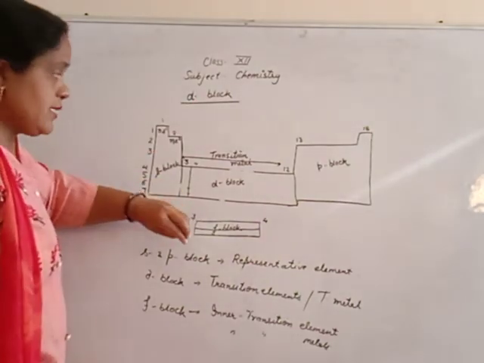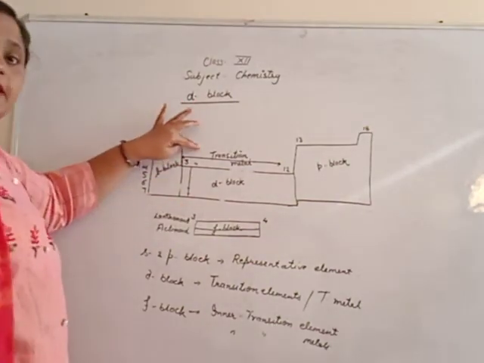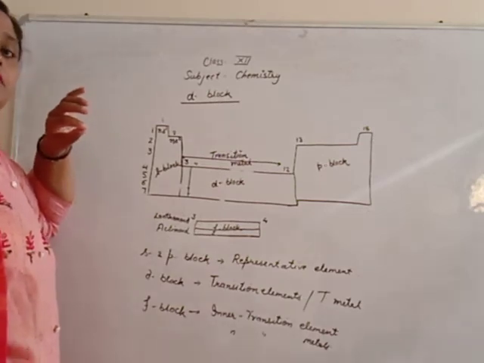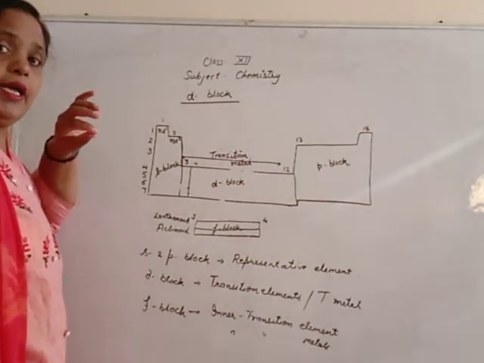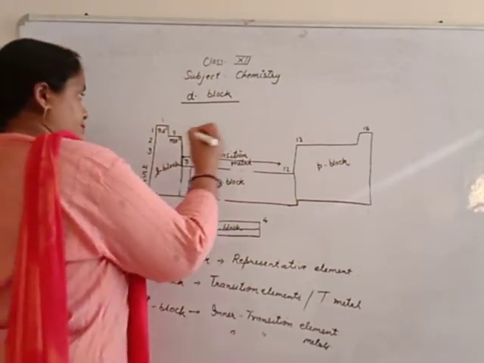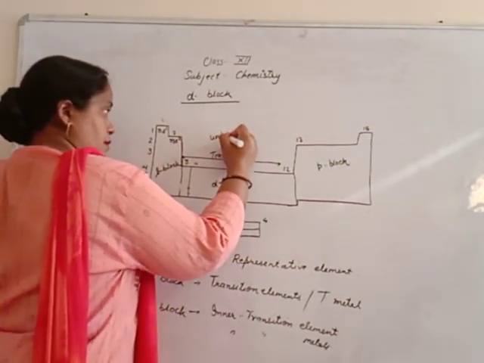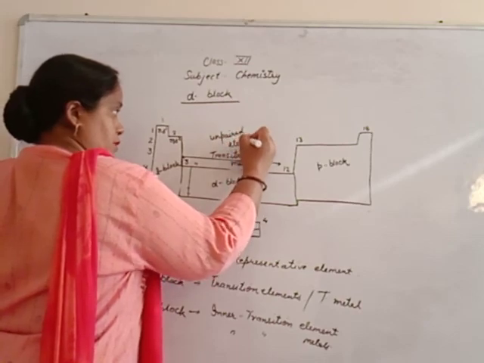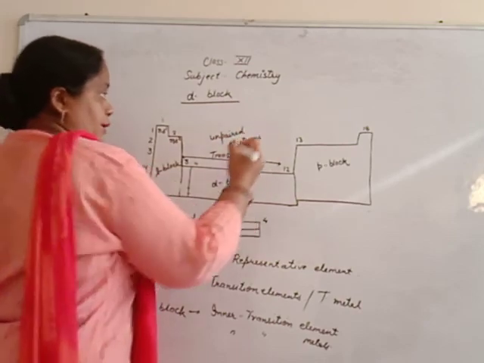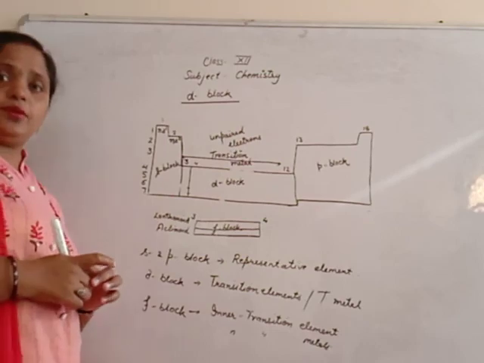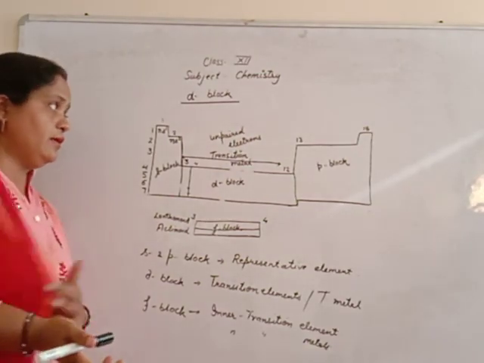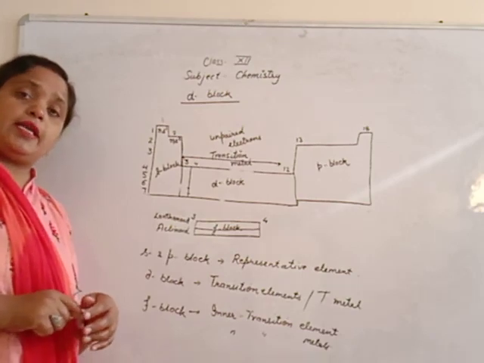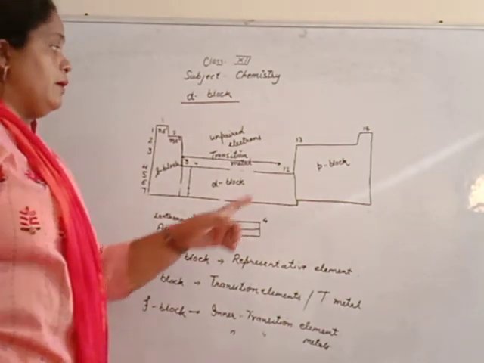Beta, these transition elements are known as transition metals because they have unpaired electrons. Because they have unpaired electrons, either one electron or more in their valence shell or in their outermost electronic configuration. Beta, I will